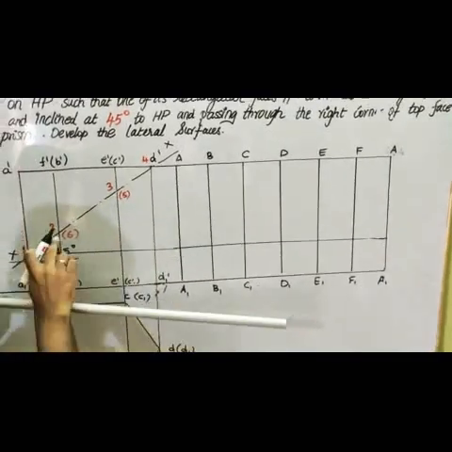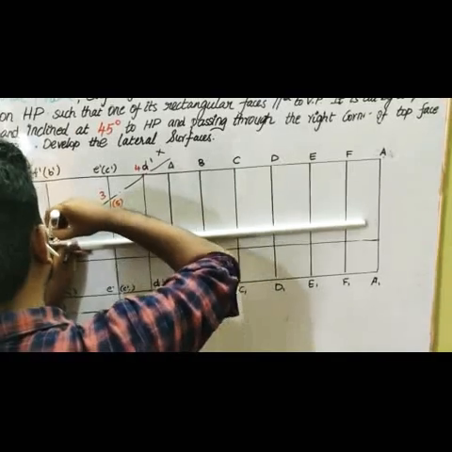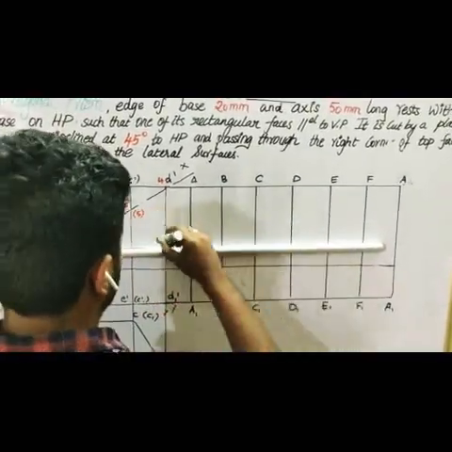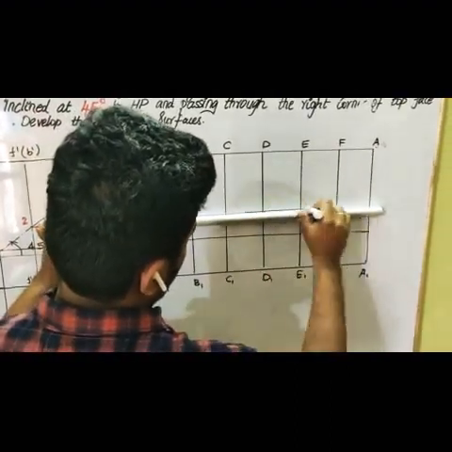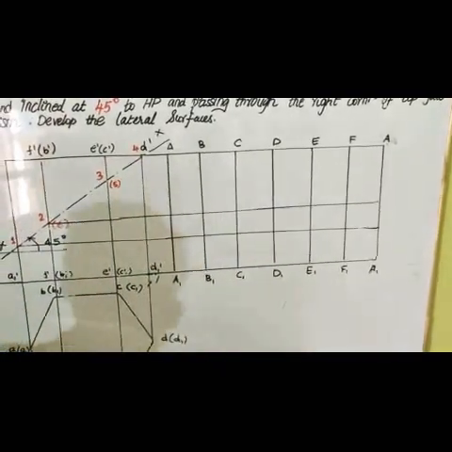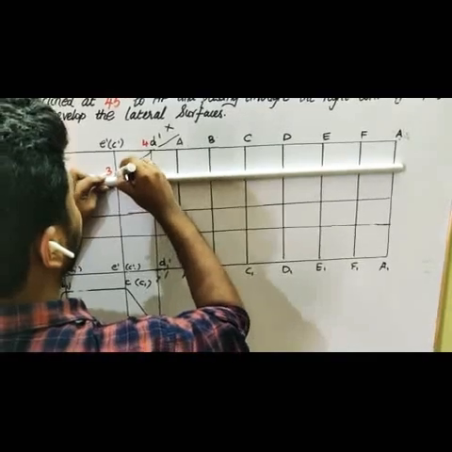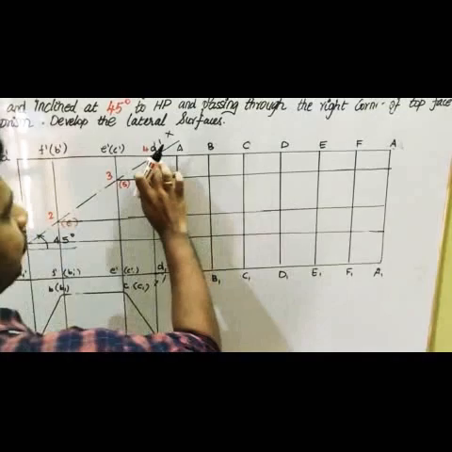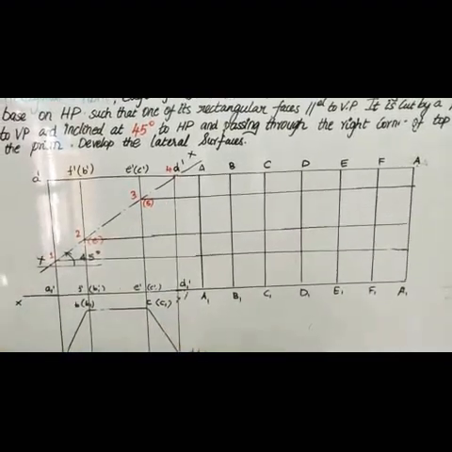At point 2 and point 6, I am going to draw one more horizontal line, and again at point 3-5 I am going to draw one more horizontal line. Right, so the point 4 already has the horizontal line. So these are all the points. Now I am going to mark the cutting points in my development.